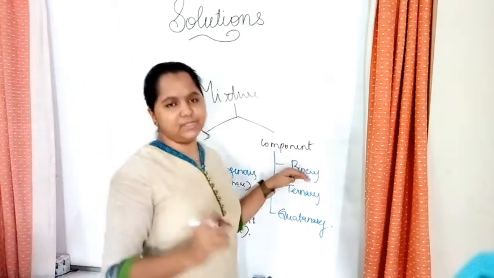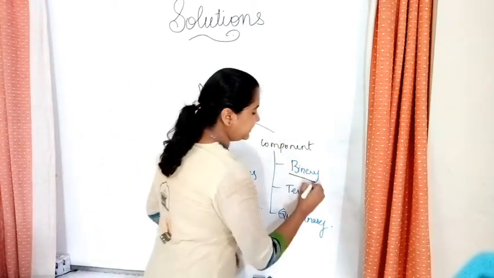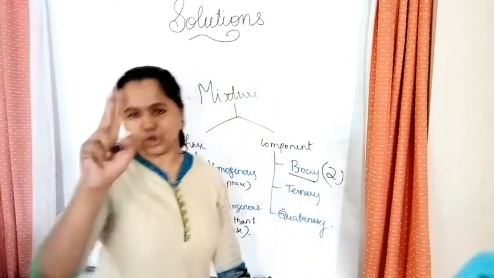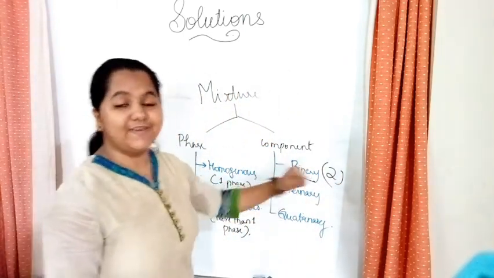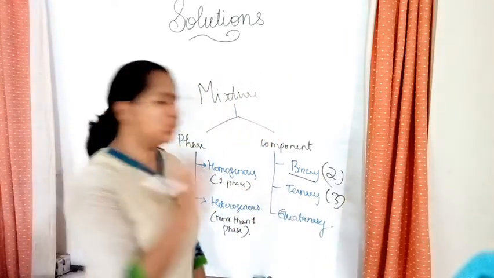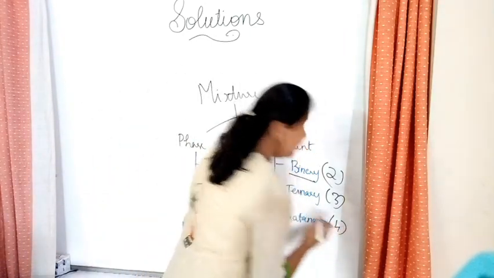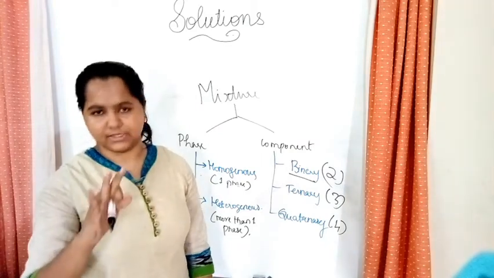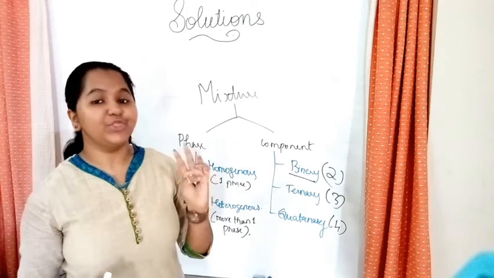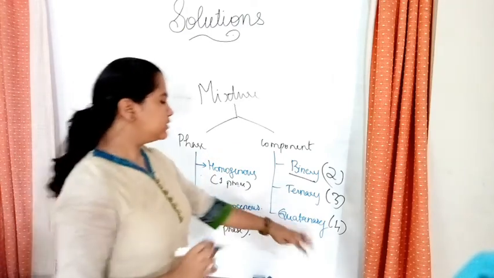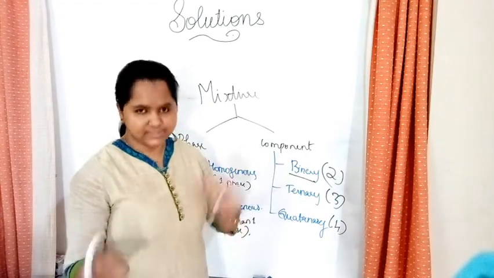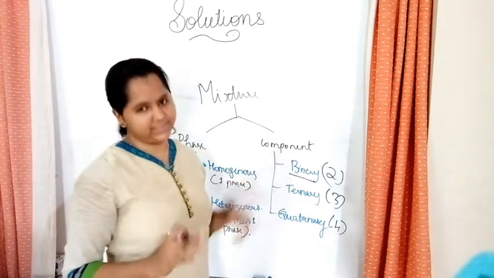So the first division that comes is binary. What is bi? Bi means two. So this is when there are two components. Ternary means when there are three components, and quaternary means when there are four components. Okay? Binary, ternary and quaternary, that is 2, 3 and 4 respectively. There are more, if there are more than 5 you can name it, but we only have to learn 3 of them now.